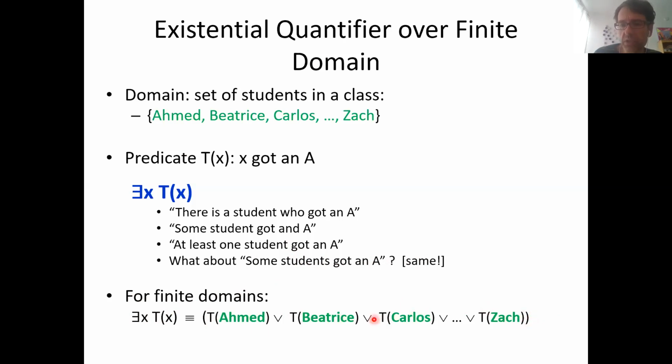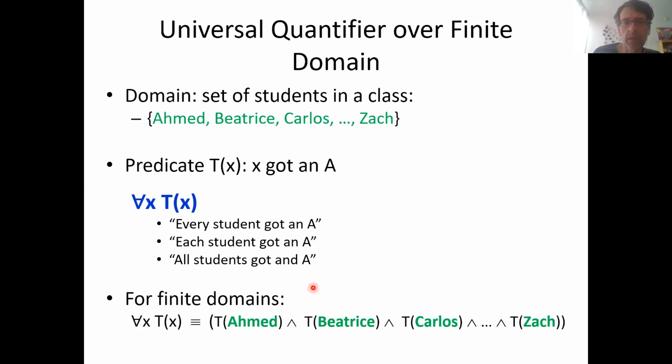It's just a disjunction of individual statements about these people. Notice it's true in the same cases. This thing is true if there is one guy which makes T(x) true, and so is this one. You just need one of them to be true for the whole disjunction to hold. Likewise,